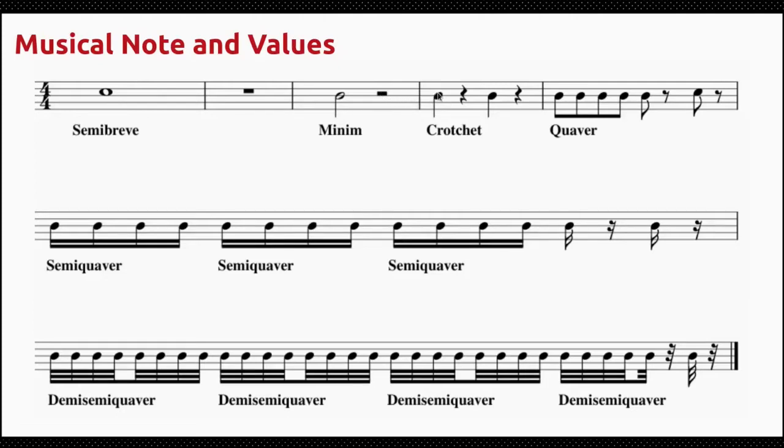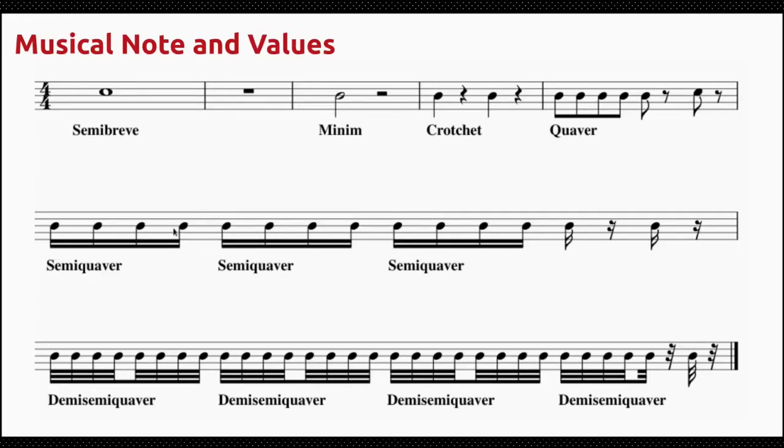Now the crotchet can just be commonly observed as this symbol. This is the crotchet rest. This is the crotchet note and the rest. The same thing repeated here just for emphasis. And these are quaver notes. This is a quaver with the rest. The same thing here, quaver and rest.